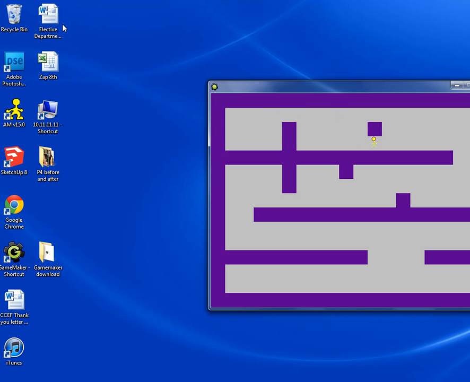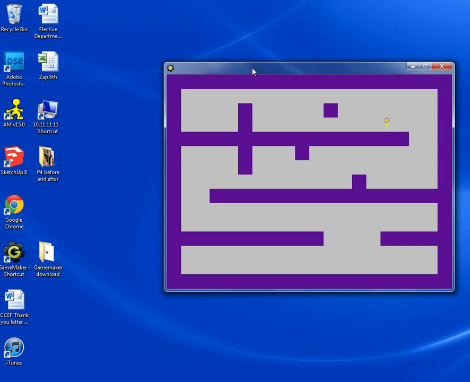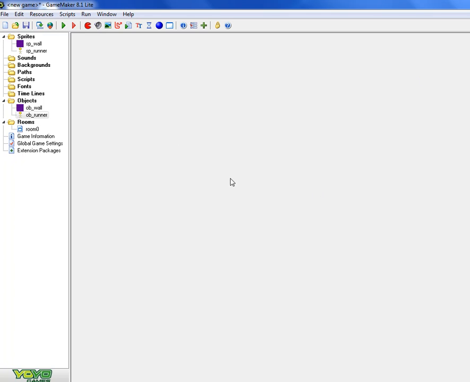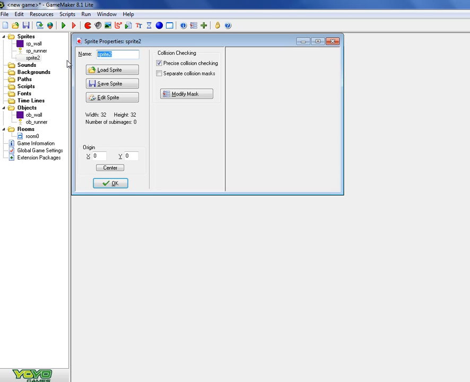So now we have this maze, and it's pretty easy to get through. So let's make some aspects to make this a little bit more challenging. We're going to add some objects that fly by, and if they hit us, it'll end the game. So let's go to Sprite. Or actually, let's click right up here, create a new sprite, and let's do sp_deathball,